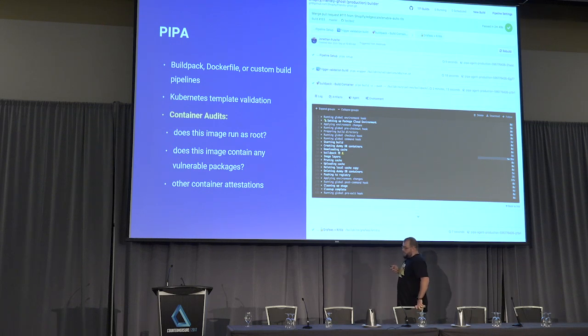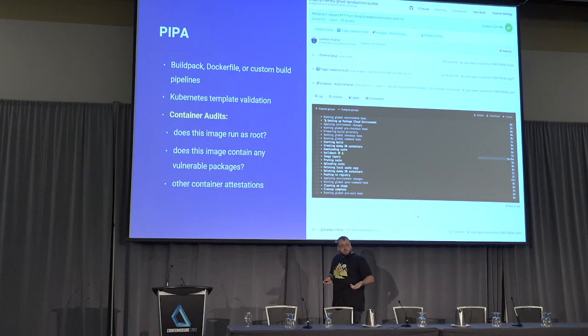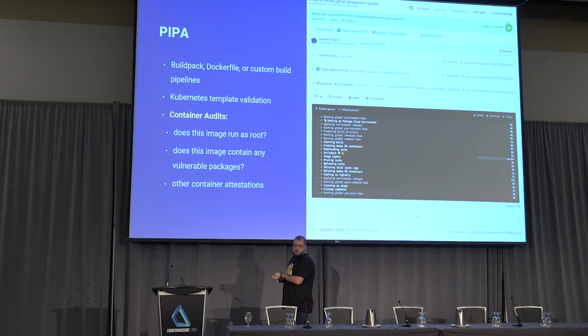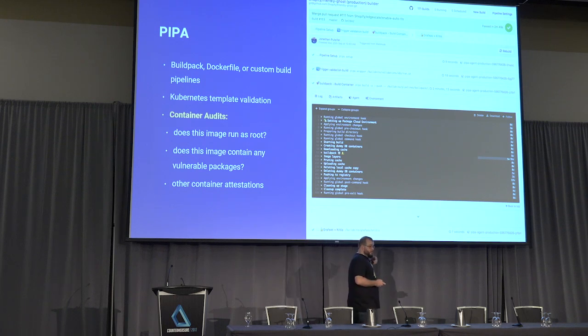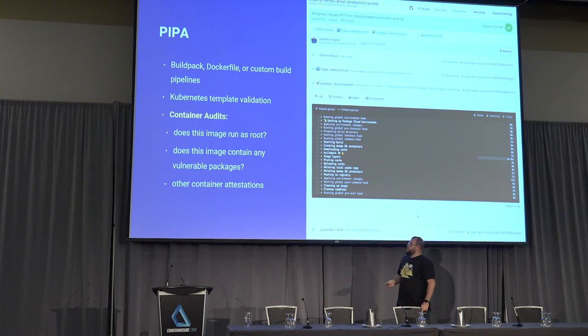So with Pipa, it will take a repository and look at all the files and make its best guess as to what type of container you need on the other end. If it sees a Gemfile, it probably needs a Ruby container. If it finds a package.json, for example, we need some Node.js. If you provide a Docker file, we will skip all that guessing and just build the Docker file that you have provided. This is some of the automation that we get. On the right-hand side is just the GUI for our builder.